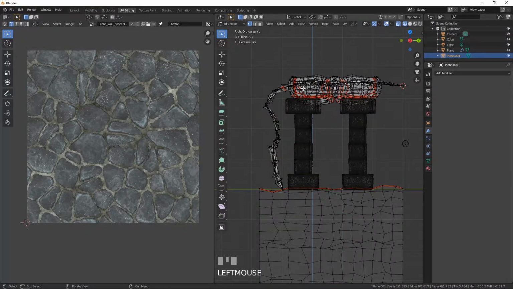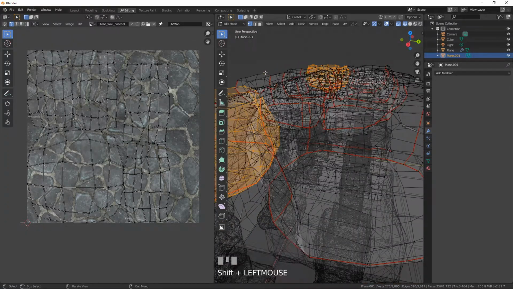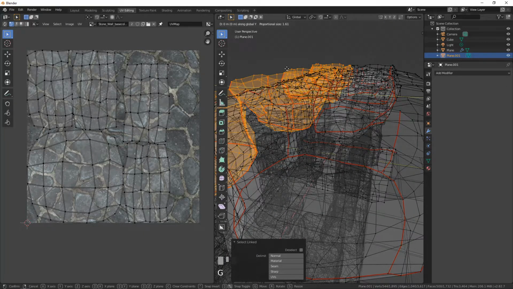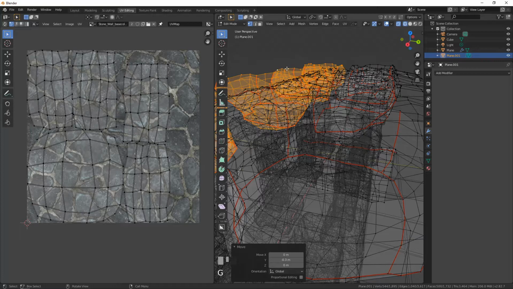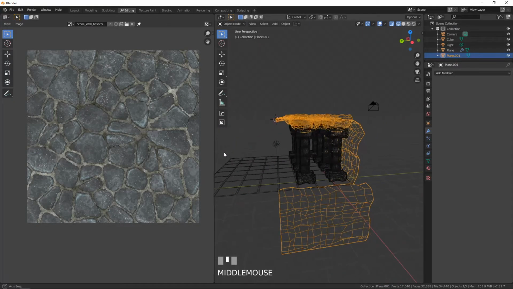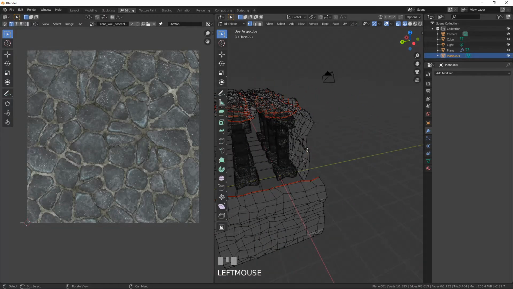Then we'll have to take this and this and that and that, and then go GY minus 0.3, just so maybe our character can walk in between them. Okay, so now what I need to do is I need to take this